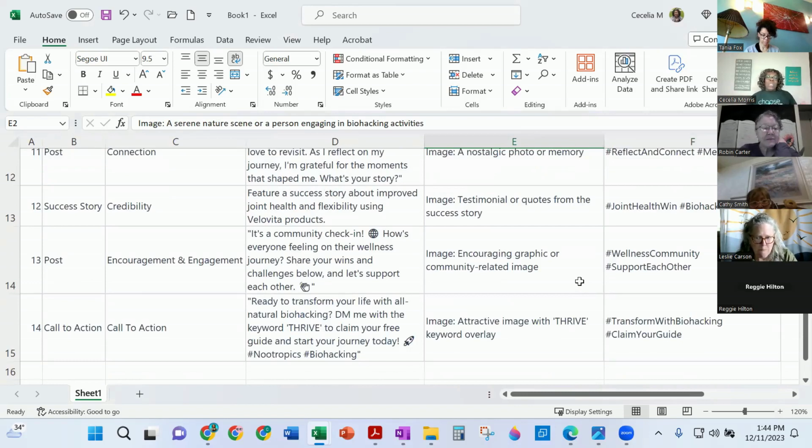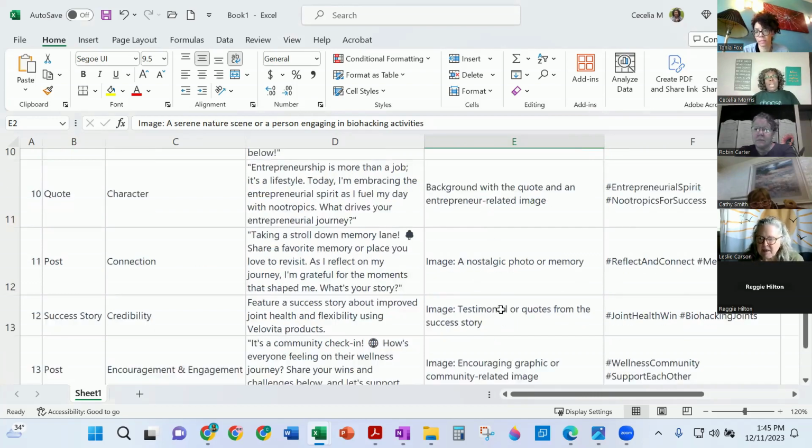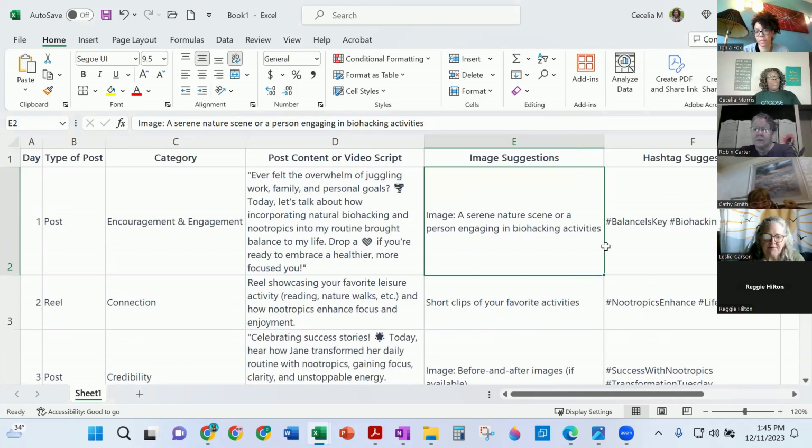So now look at this, 14 days worth of content. And if you use any sort of scheduling software like Hootsuite, you can schedule these 14 days and you don't have to worry about posting for 2 weeks because it'll already be programmed to post on your social media on your schedule. Hootsuite is about $99 a month. But then if you have a Facebook business page, you can use your Facebook Meta Planner and you can post to your business page and your Instagram. You can schedule it out as far as you want to go. And then all you have to do is copy paste it from your business page to your personal page, to your LinkedIn, or wherever else you want to share it. And the Facebook Meta Planner is free. So there's a free option if you don't want to plop down $99 for Hootsuite.